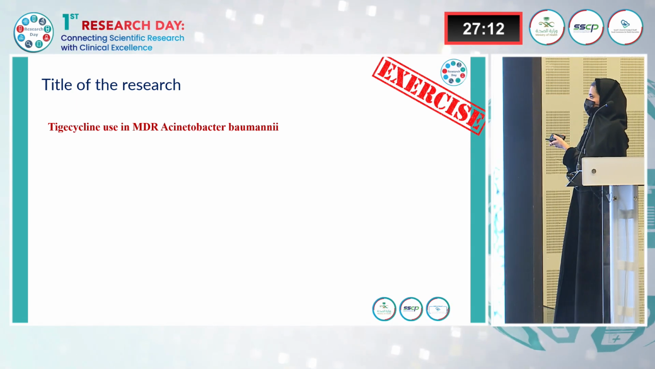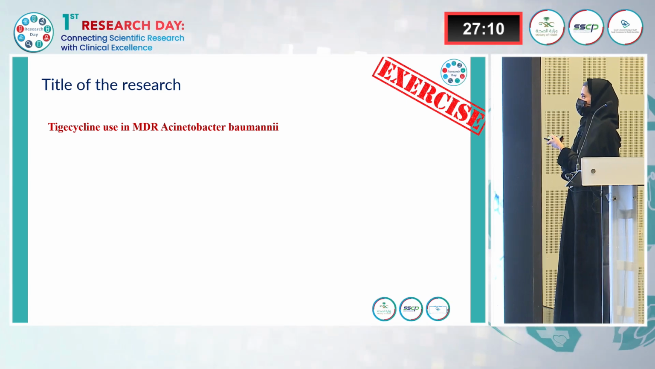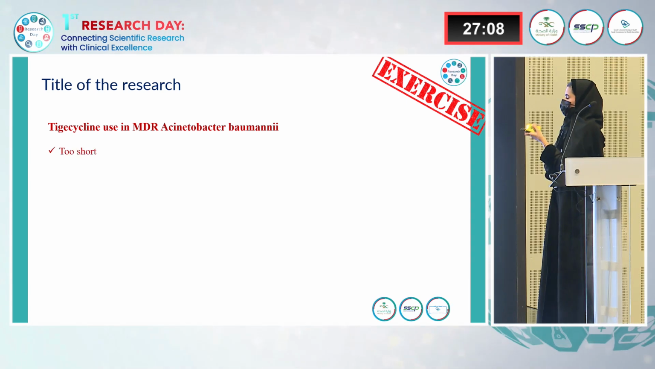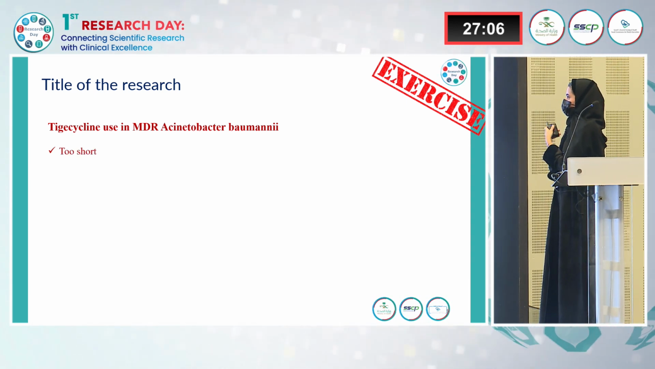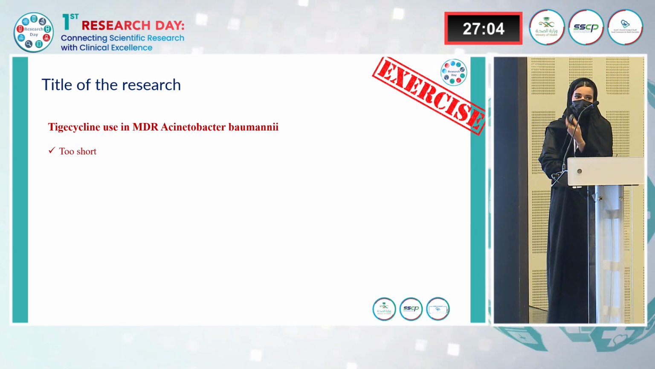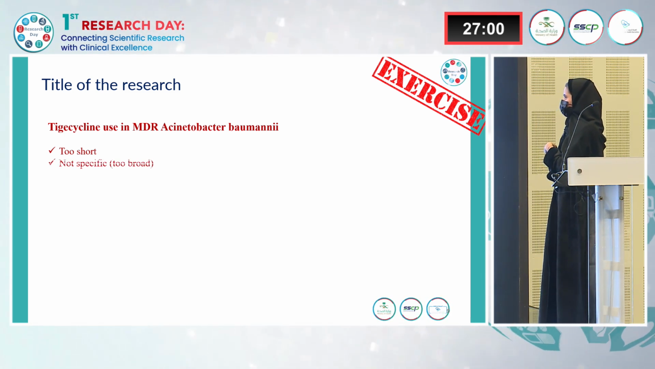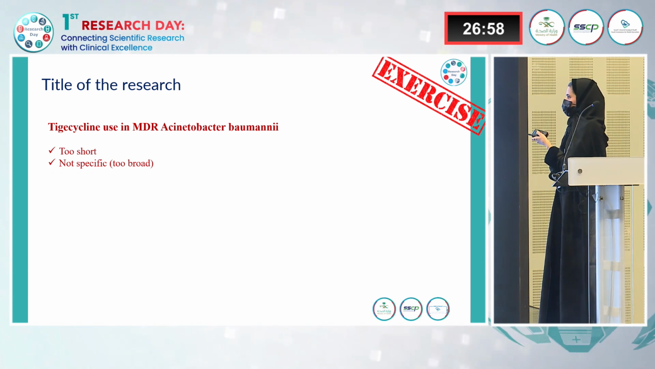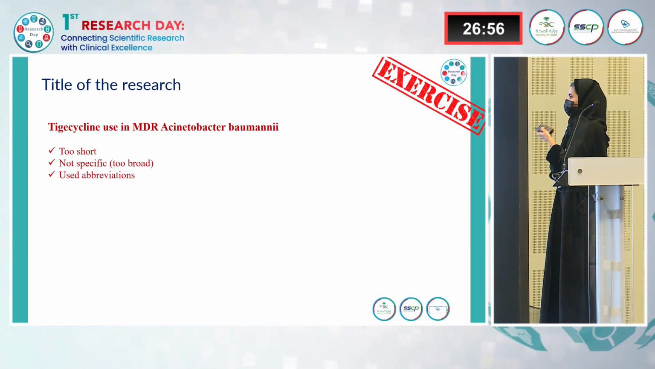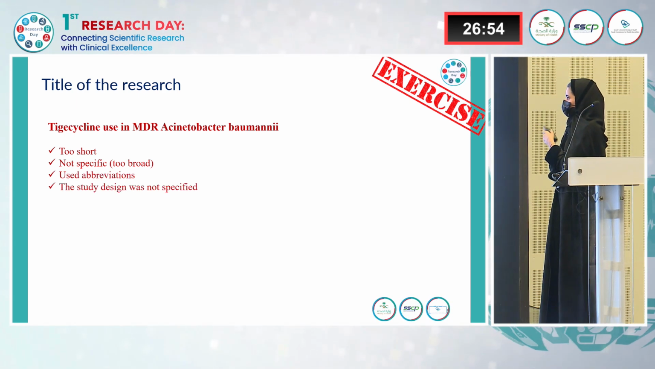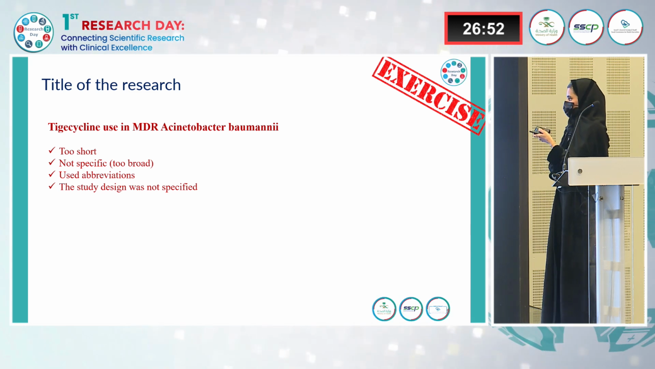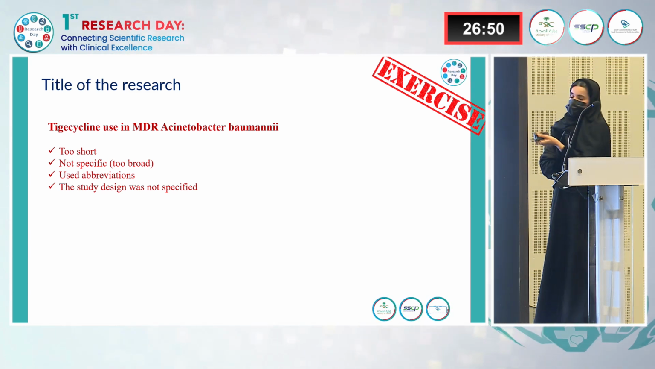It's a short title. It doesn't specify the disease. It doesn't specify the organism. As we said, it's carbapenem-resistant Acinetobacter. It doesn't specify what I'm studying. I'm studying the efficacy and safety. It's not specified. So it's too short, not specific, and it used an abbreviation, which was MDR. And the study design was not specified. So do you have any suggested